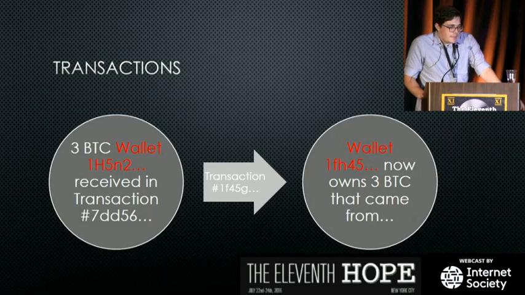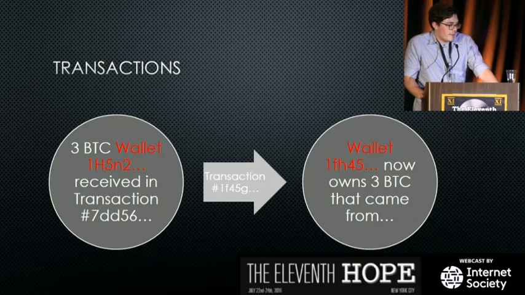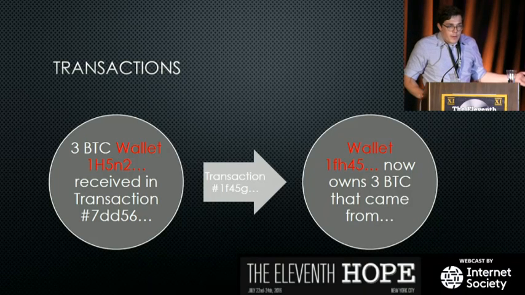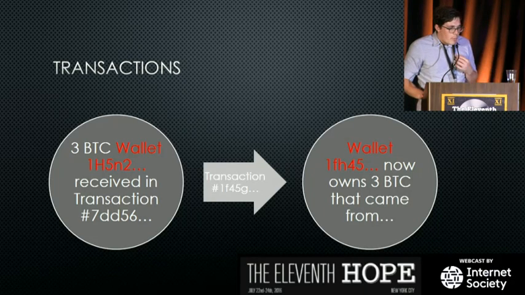An input is a reference to a past transaction where you received money. So for example, David sent me 3 Bitcoin 2 months ago. When I want to spend those Bitcoin, I tell the network, remember when David gave me Bitcoins? All right, now I want to spend it and send it to someone else. So I refer to the transaction where I received the money as the input,